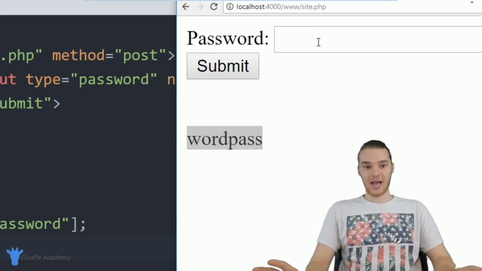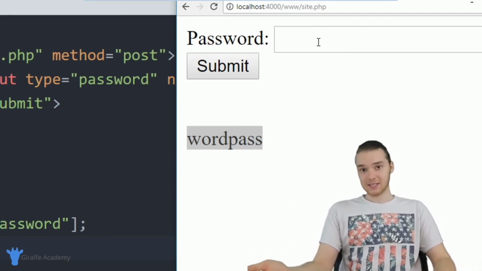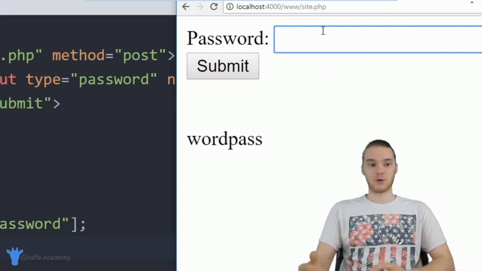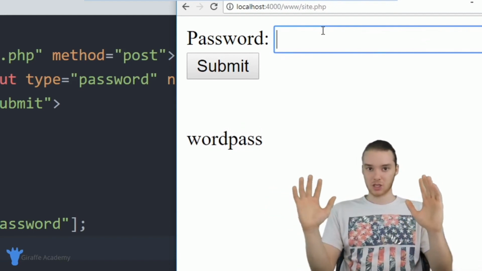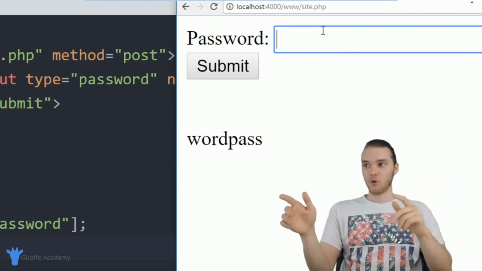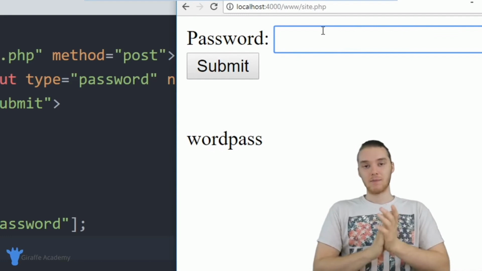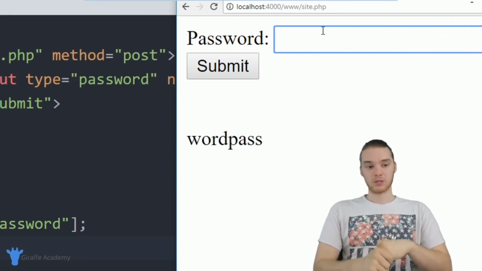Get is just kind of like anything goes. Anyone can see the information. It's up there in the URL. And in a lot of cases, that's going to be useful. But in a lot of other cases, like in the case of a password or even a username or a credit card number, any type of secure information, you don't want it to show up inside that URL. You want it to be passed more securely back to PHP, and we can use post in order